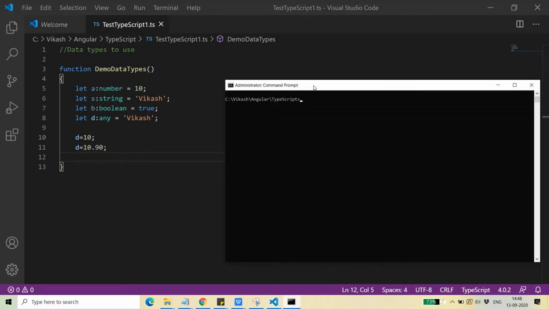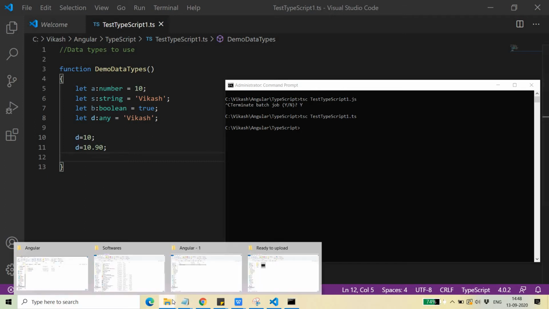So let's see what happens if I compile this. tsc typescript1.ts. Sorry, it's not JS, it should be TS. Okay, so it has been compiled.